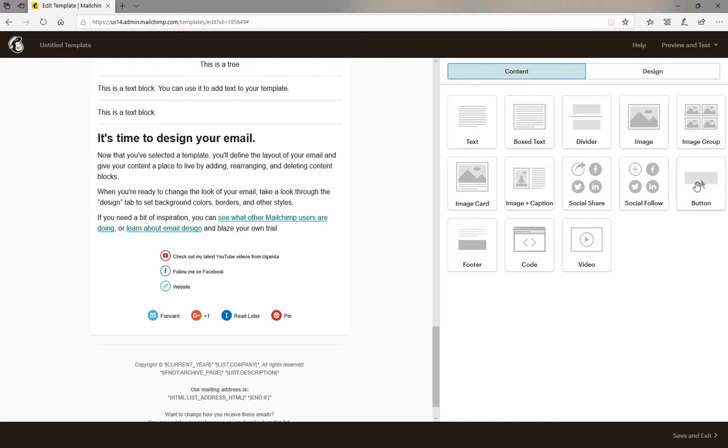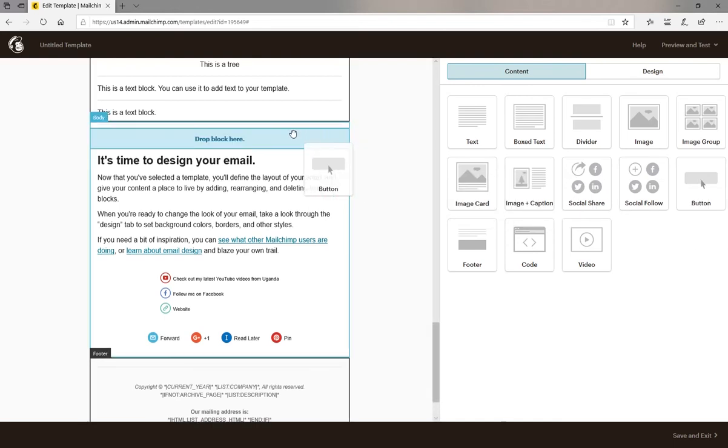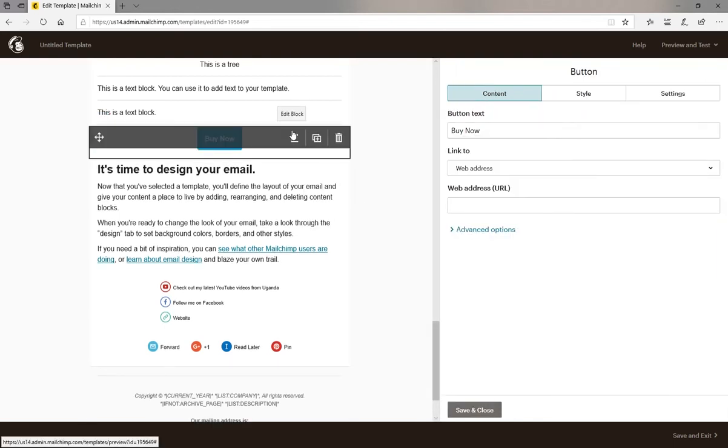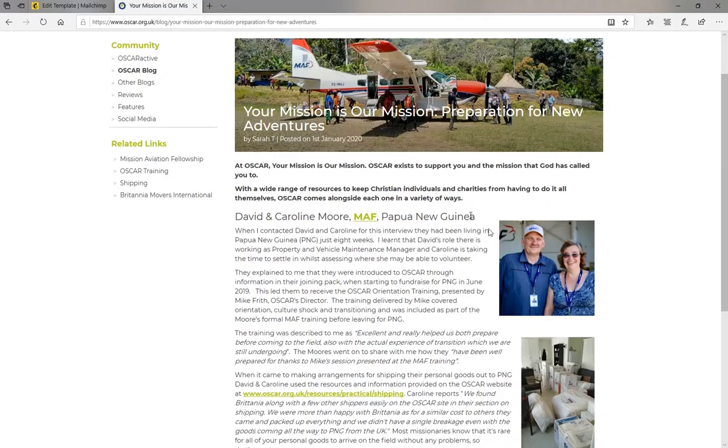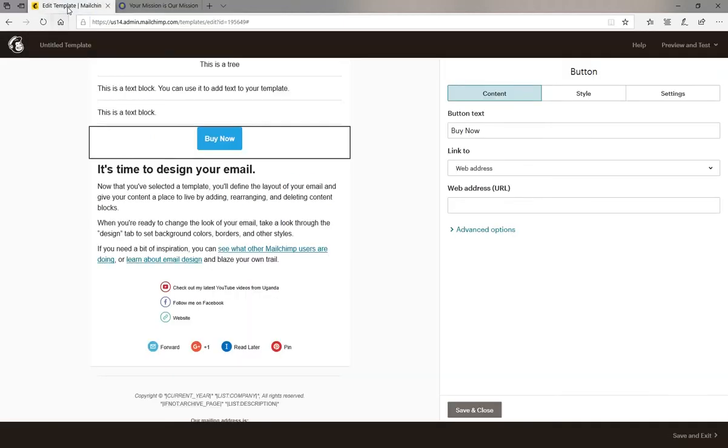Just a couple more. Button, this is a useful one. Let's slide that in here. This is how you link to other web pages. So let's say you saw a good article on another website. Let's have a look for a website. Oscar, they're quite good. Let's say you want to share this with the people that are reading your prayer letter. Just copy the address from the top here, go into your template,